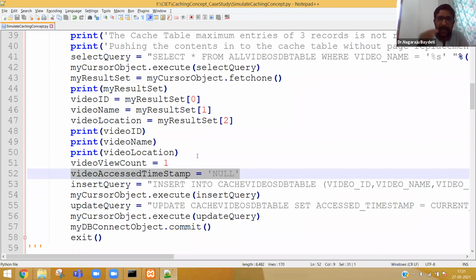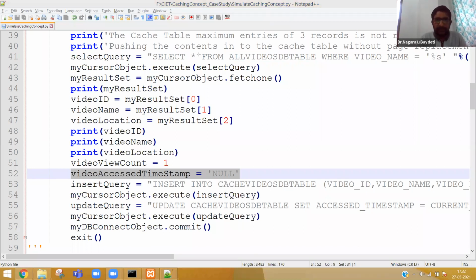Why am I taking it? I will explain. Now I have 5 values. What are those 5 values? The video ID, video name and video location come from the all videos data table for that particular video.